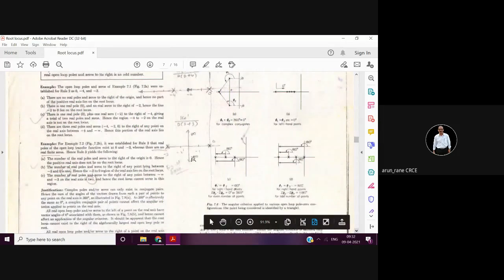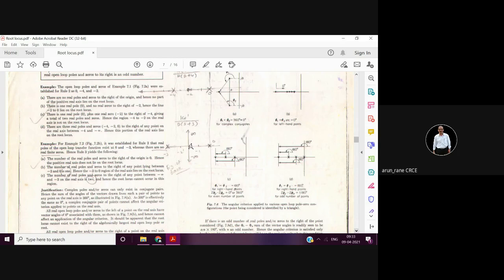There's one more example for this. So this is s and this is s plus 3. So one pole is 0, let us say this is the y-axis and this is the x-axis, and another pole is minus 3. So one is 0 and another is minus 3, and the zeros are at infinity. Now you can determine the asymptotes. It is the same as the earlier example, so plus 90 and minus 90. You also find out the location. The location was minus 1.5 in the earlier example. So now you can go on checking.